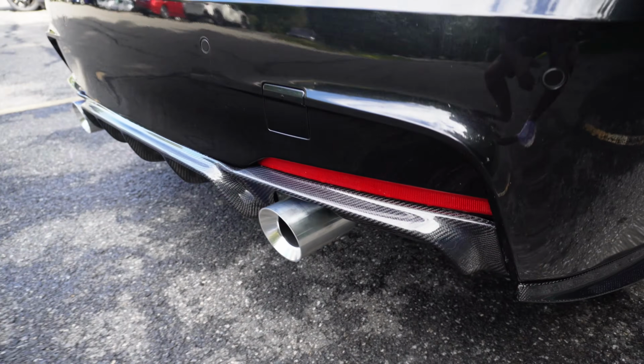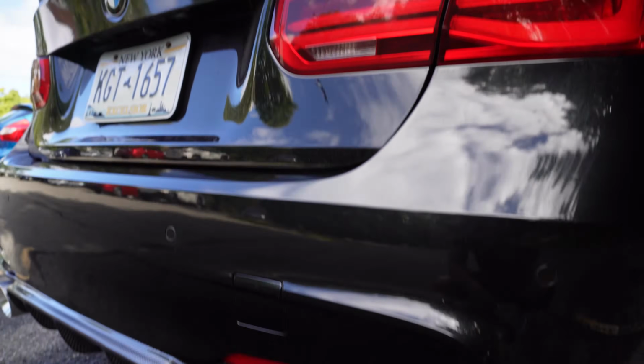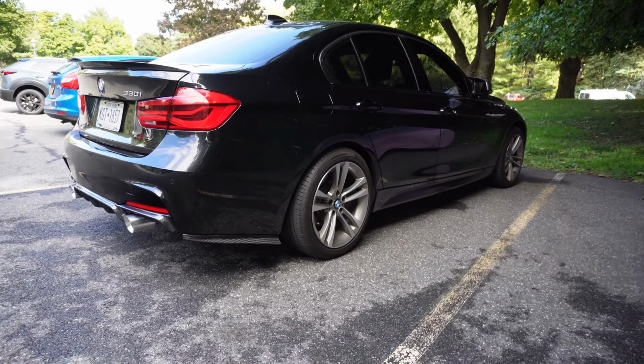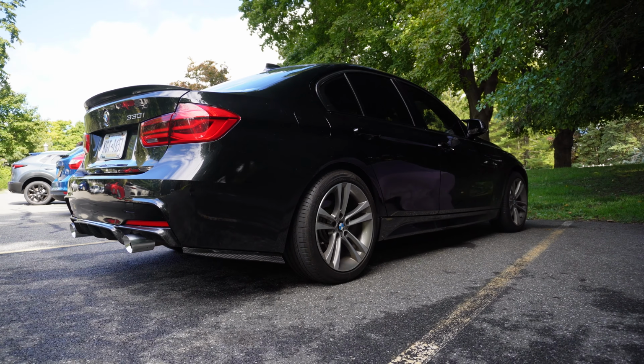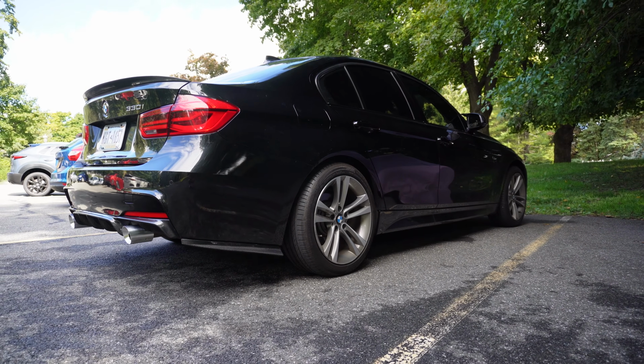And honestly guys, I'm really liking the whole polished silver look. Like I thought, it matches the 330i badge really well. And this is sort of a spoiler, but I'm going to be going with silver wheels on this car. Again, I just really like that contrast of a black car with some silver accents on it. Not chrome. I definitely don't like chrome, but a nice brushed or polished silver I think looks really good, and